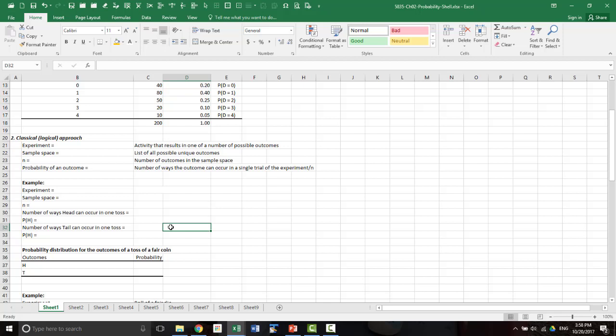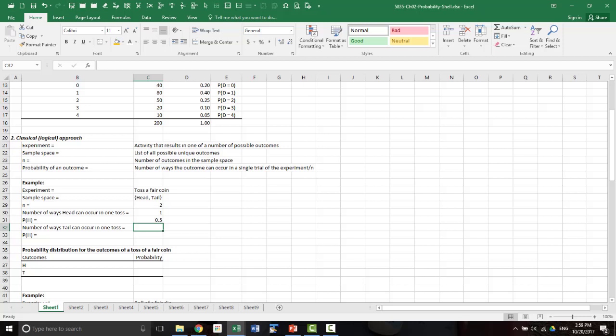Let's look at a specific example, toss of a coin. So what is the experiment? Toss a fair coin. That's the experiment. Then what is the sample space? Head or tail. Then what is the n? It is 2. So the number of ways heads can occur in one toss, there's only one way, then the probability of head is 1 over